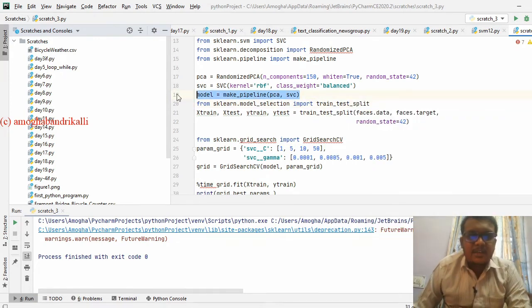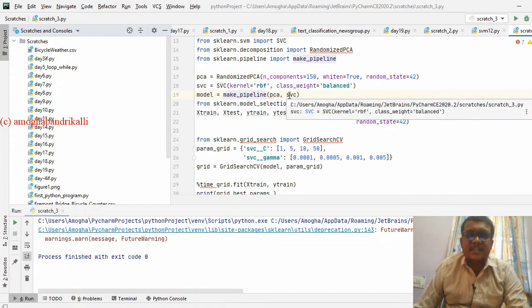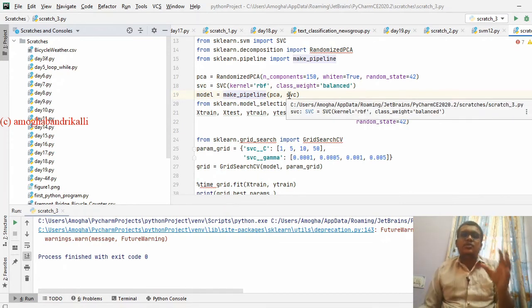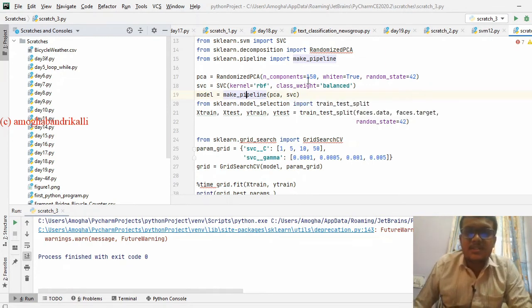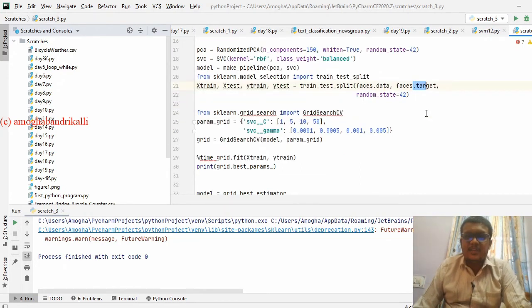Then I take a PCA model and make a pipeline of PCA and SVC. First you take the PCA components, later call the support vector classification. You are splitting the data into train and test for validation, splitting the data and target values.